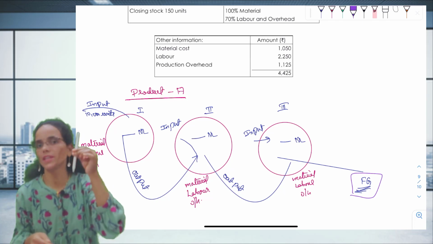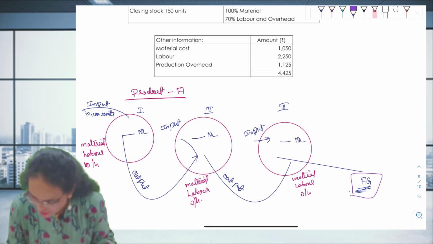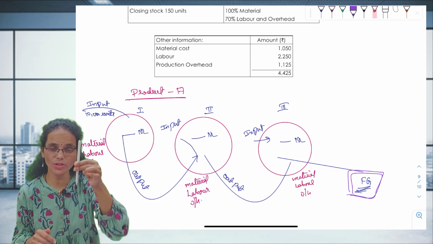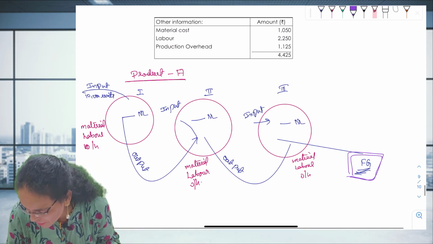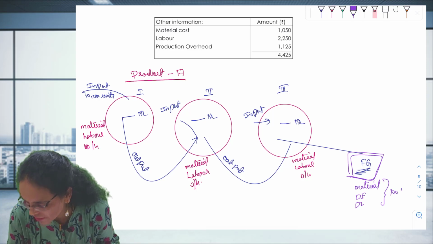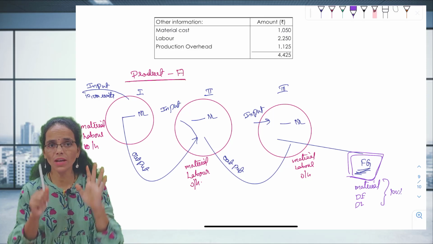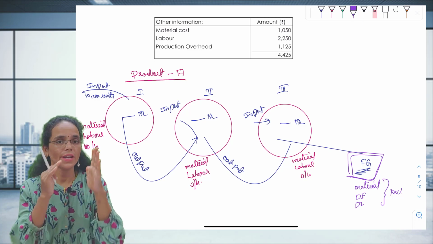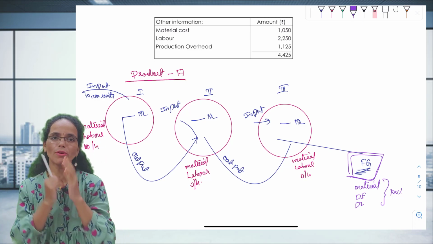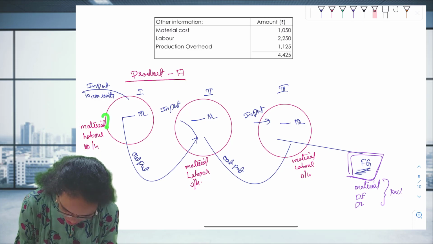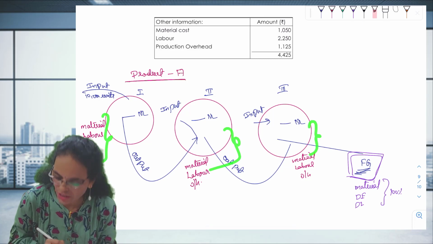Otherwise, we will be saying that as a work in progress. See, when this is 100%, when I am saying this is a finished product, it means ultimate material, direct expenses and direct labor all put together is 100%. But we are aware that all the 100% process is not taking place in one process. It is processing from the different processes. It means partially the work is taking place here, partially here, partially here, partially here.